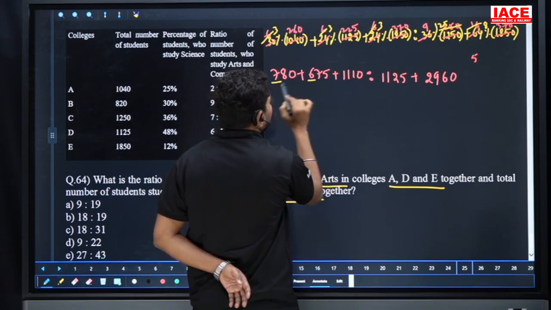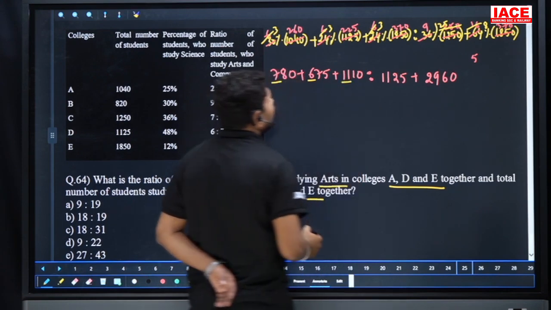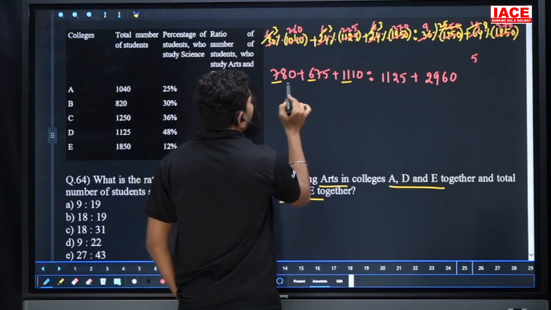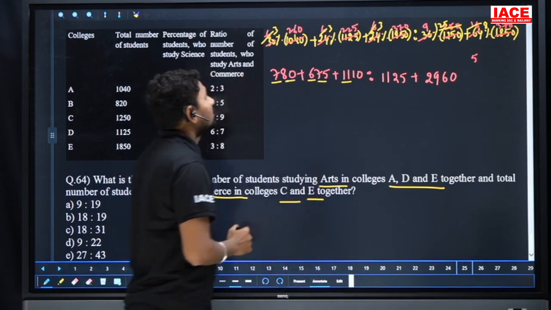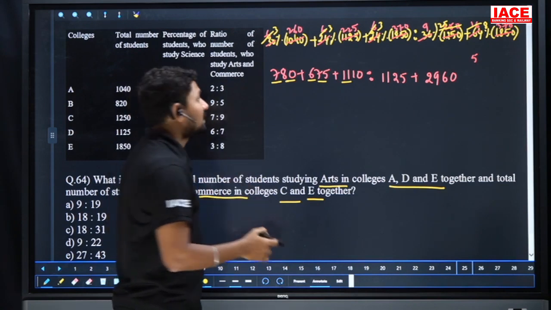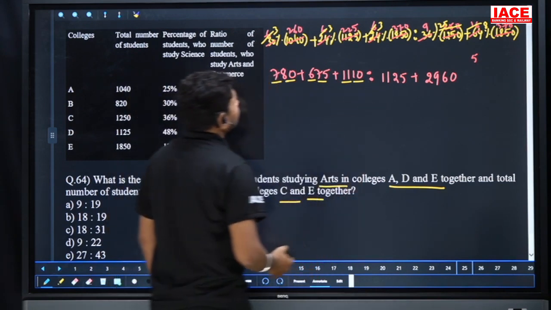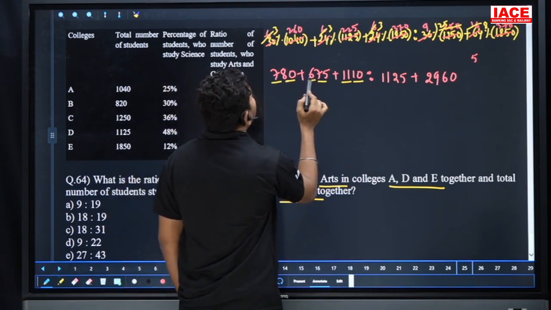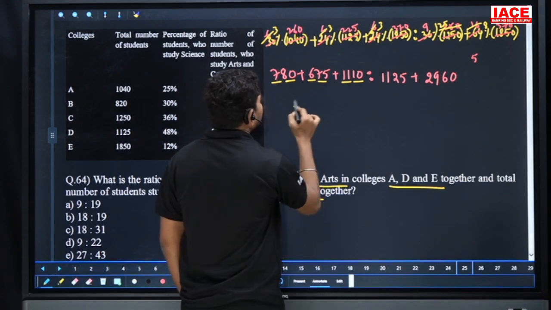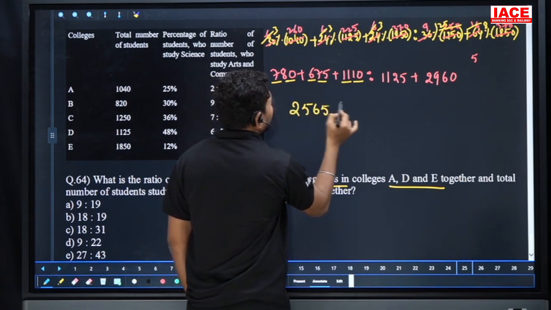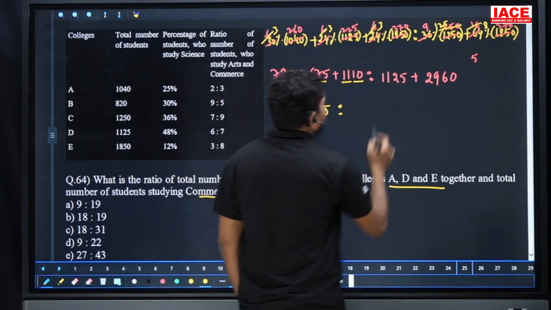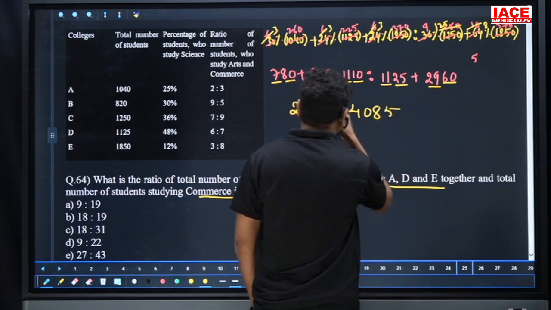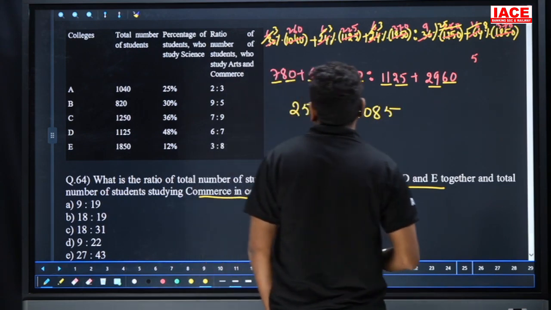700 plus 600 is 1300, 1300 and 1100, it is 2400, 2400 holds with 2400. Next we have 80 plus 75, which is 155, 155 plus 10, it is 165, 165 is added to, here 7 plus 6 is 13, 13 plus 11 is 24, it is 2565. 2565 ratio to, here 11 plus 29, it is 40, and 25 plus 65 is 85, and each and every term cancels with 3 here,